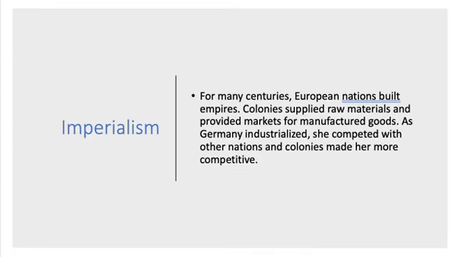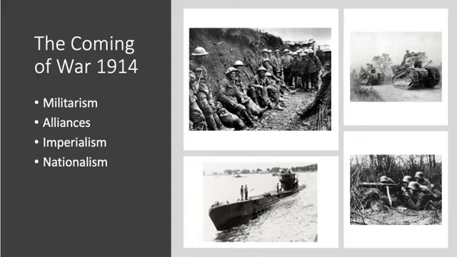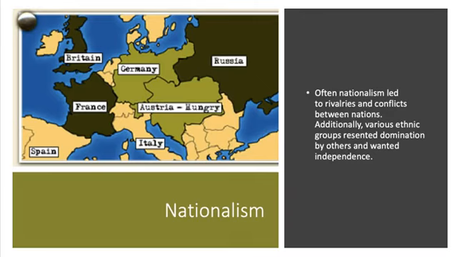The other sort of factor here, if we think about these main causes of World War I, is going to be nationalism. So with nationalism, it is going to create a lot of rivalries. And when we talk about nationalism, we're not just talking about a group of people who are part of a nation. We're talking about an extreme pride in that nation. On the eve of World War I, people who live in Germany believe that the Germans are the best. They have the best way of life. They are the ones who are supposed to go forward and spread their ideas and their technology.